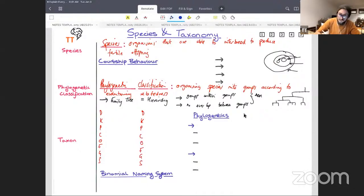So it is the domain, kingdom, kingdom. Again, spelling. Is it one L or two L's in phylum? Phylum, yeah. Good. Phylum, class, order, family, and then genus and species. And my acronym that I use is dominant